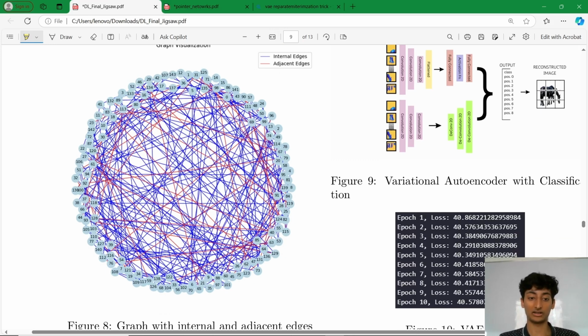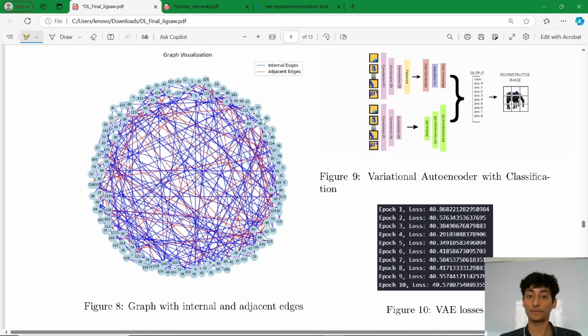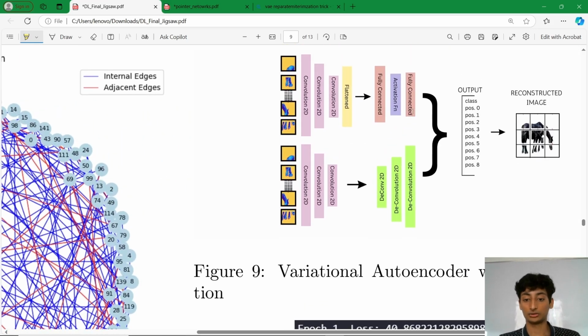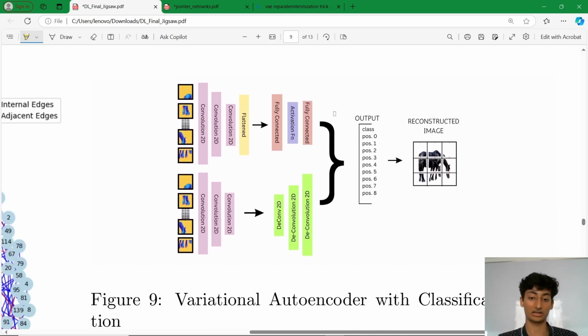So this is how the graph looks, a graph with internal and adjacent edges. There are so many graphs, so many links that you have, and you have to predict the adjacent edges using the internal edges and the information. So if we want to look at the variational autoencoder classification problem,